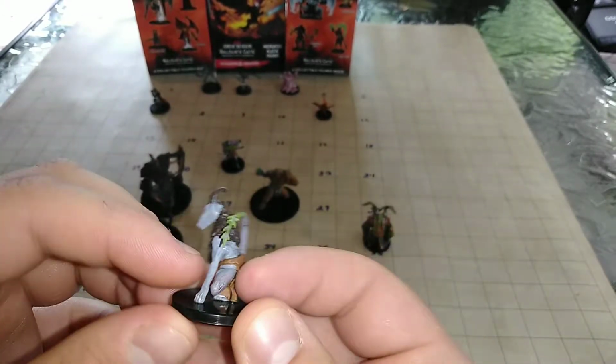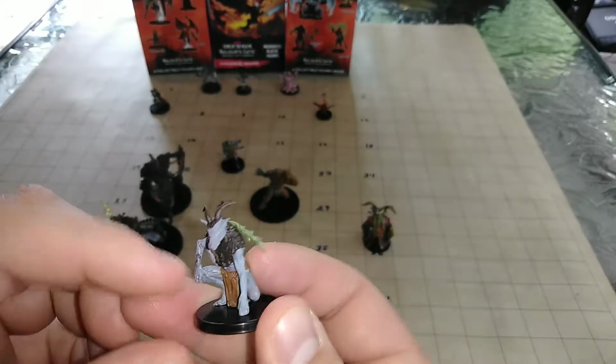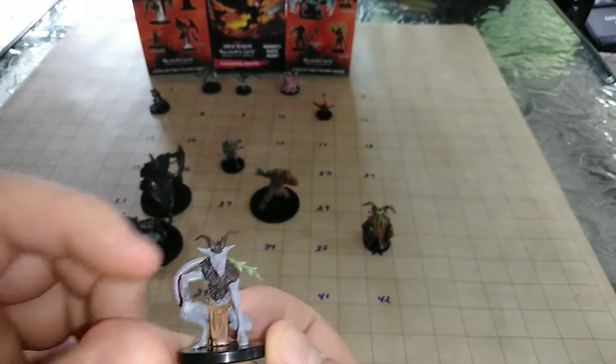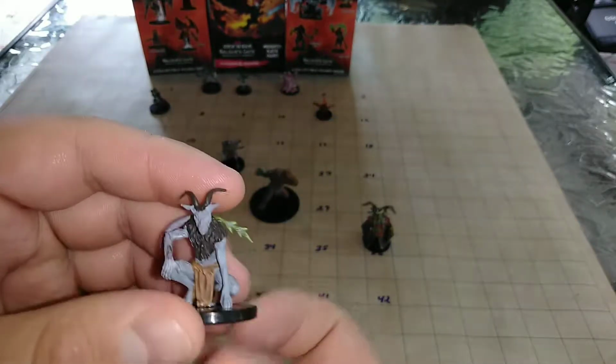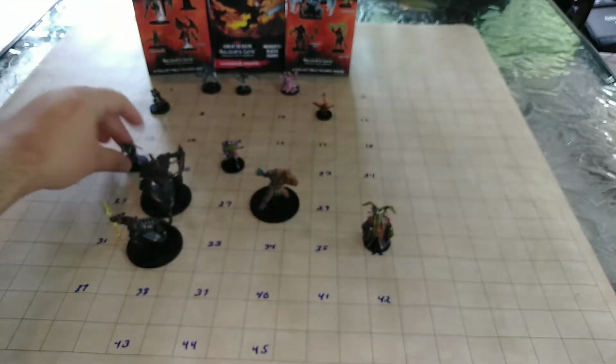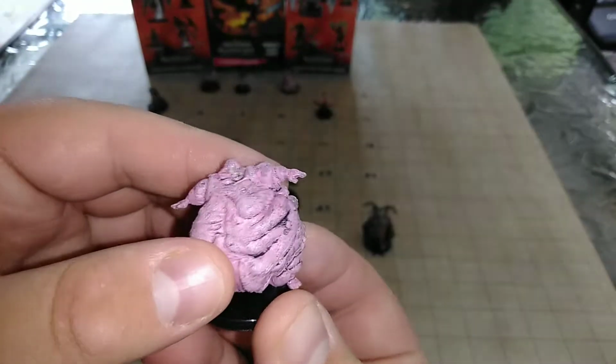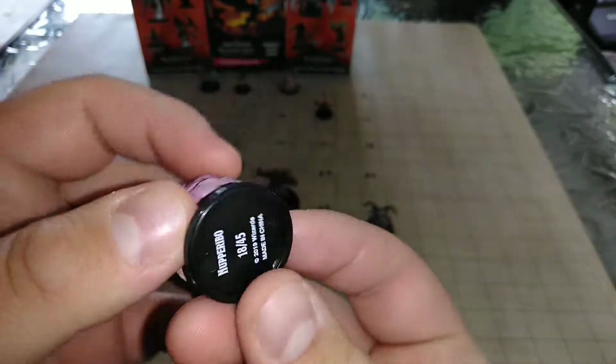So, really cool here. I love this tail. It's really nice and spiny. I don't know if these things are venomous. I haven't read their description in the Volo's guide or Mordenkainen's Foes guide, so I'll definitely take a look at them since I now have a mini of him. He goes right here. And the last guy is actually considered another of the useless devils. This one is